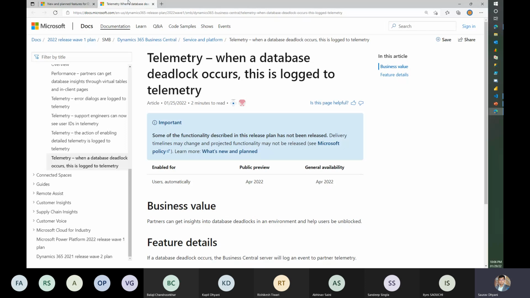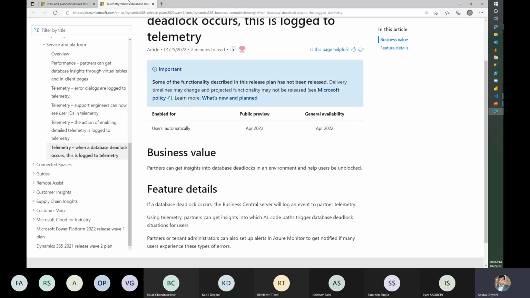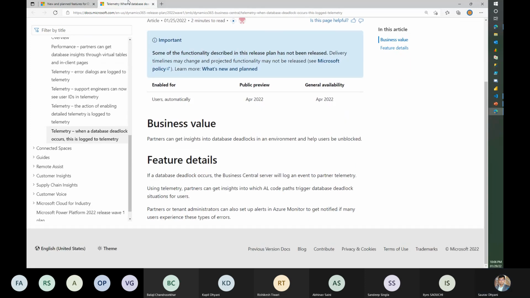I guess in on-prem it gets logged into your event viewer, all the telemetry events. But in SaaS, I guess you have to create an app in Azure and then use it, right? Not sure. I haven't worked on this. Yeah, because